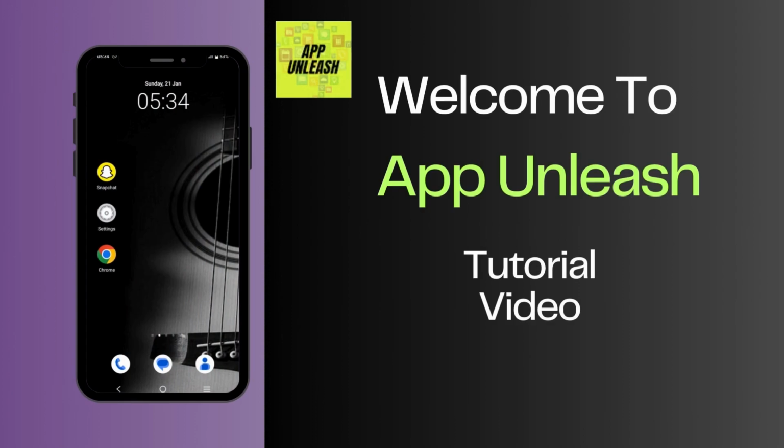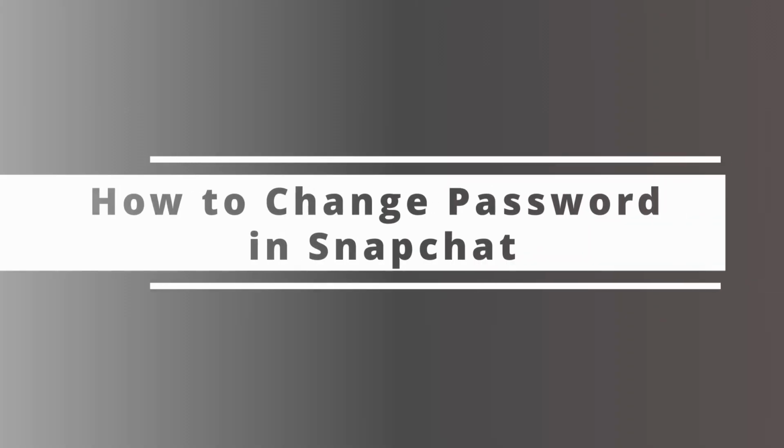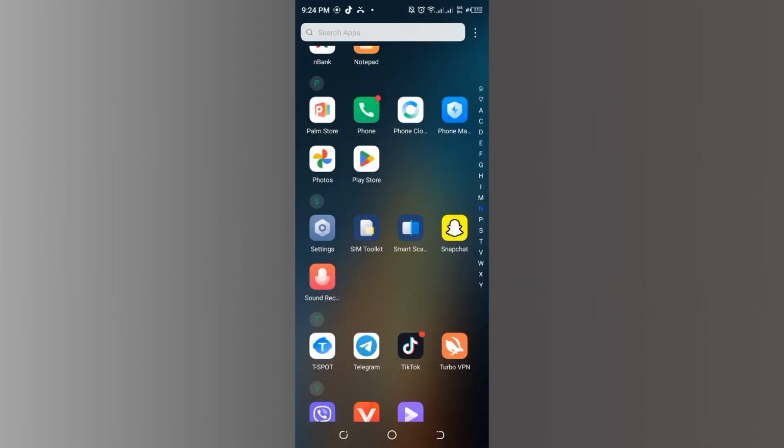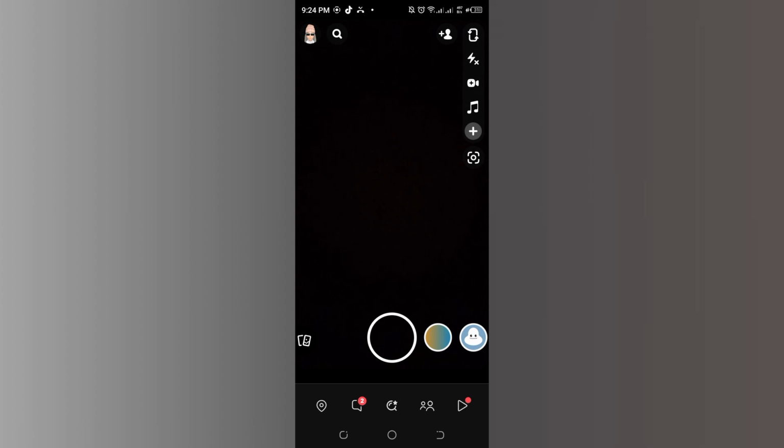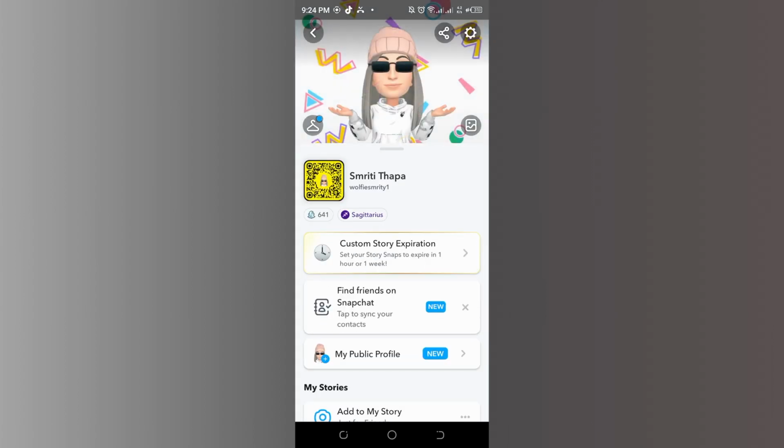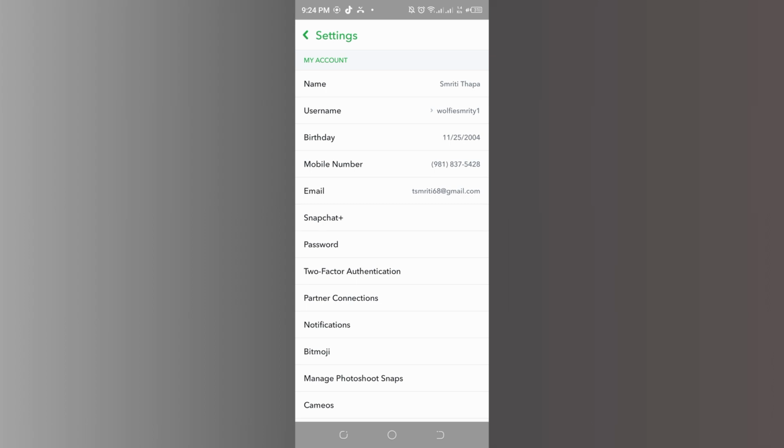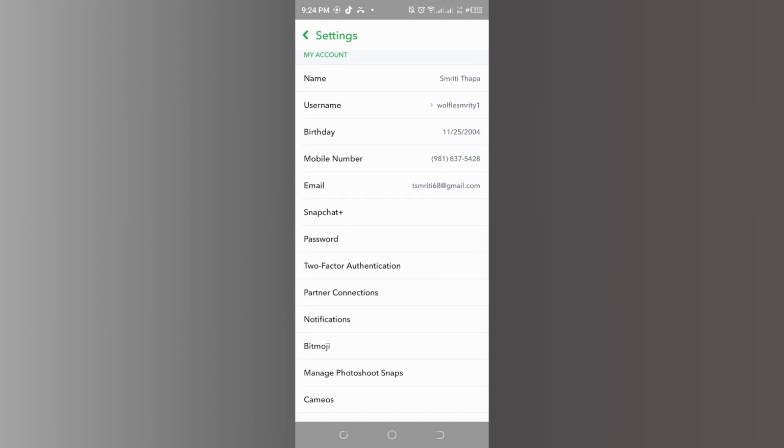In today's video, I'm going to show you how to change your password in Snapchat. First, you have to launch your Snapchat app, and then in the top left corner of your screen, there's your profile icon. Tap on that option. And over here, you have to tap on the settings icon in the top right corner. And what you have to do is select the password option over here at the bottom of